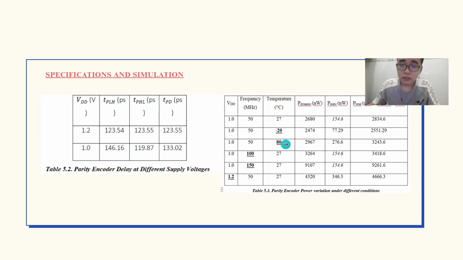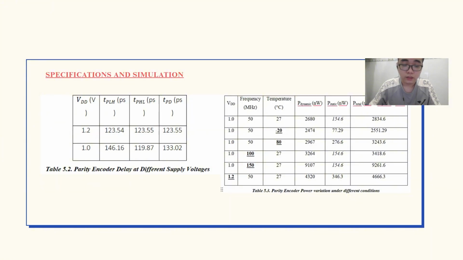So next, when we increase the temperature to 80 degrees Celsius, we can see the bit dynamic power changed to 2967 nanowatt, and bit static changed to 276. We can see that when we increase the temperature,